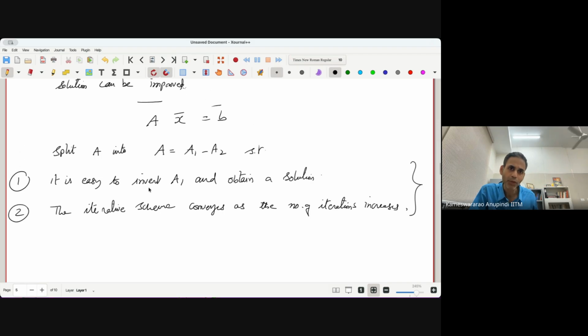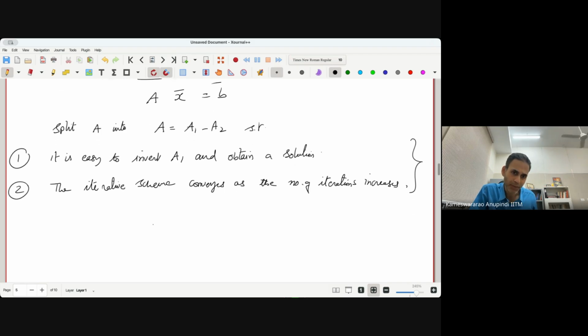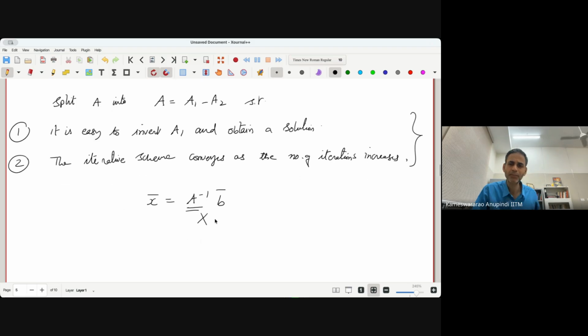That means we know that, of course, from Ax equal to b you can get x equals A inverse b, but we don't want to invert this A because A is too difficult to be inverted. We said it is already very costly. On top of that, this A itself is actually very sparse, and we don't want to invert a sparse matrix, that is even worse. So we don't want to do this.